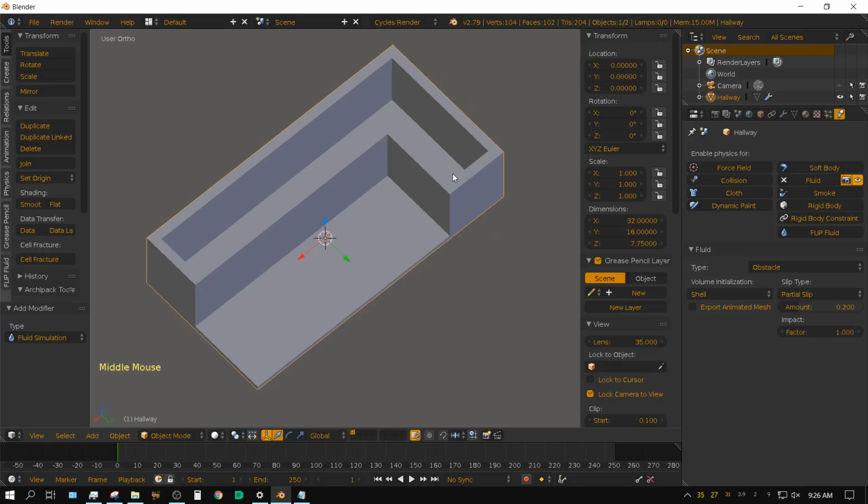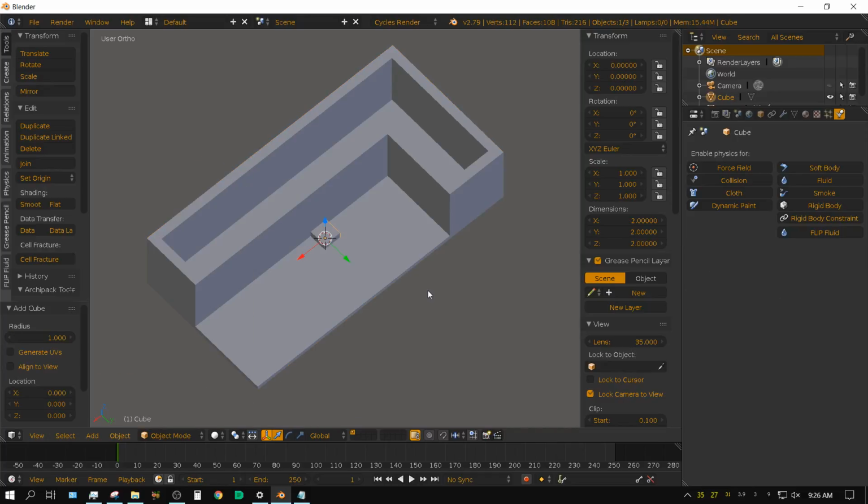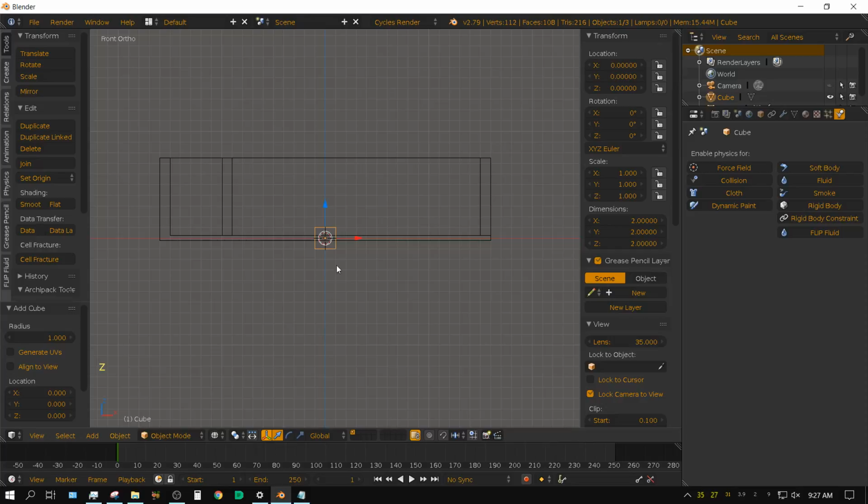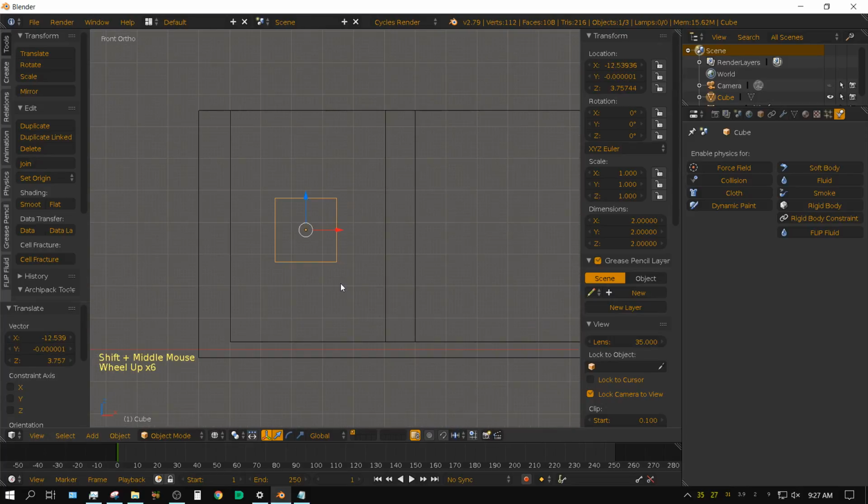Alright, now we need to create a mesh that's going to represent the initial amount of water, the volume of water. So what we're going to do, we're going to add mesh and then a cube. Now I'm going to press 1 to go in the front side view, and I'm going to press Z to go into wireframe, and I'm just going to press G to grab and then just move it over here into this back hallway section and then zoom in.